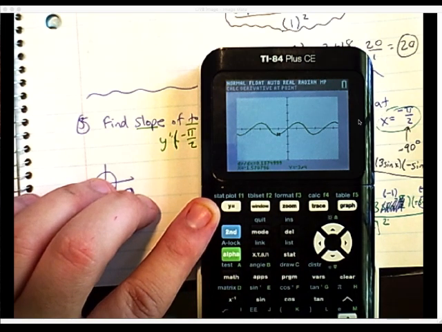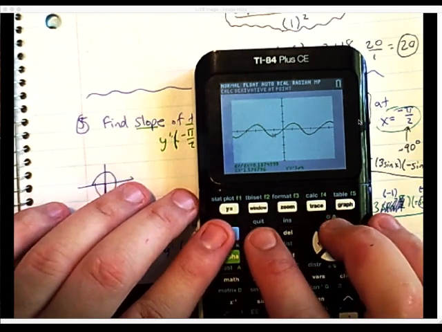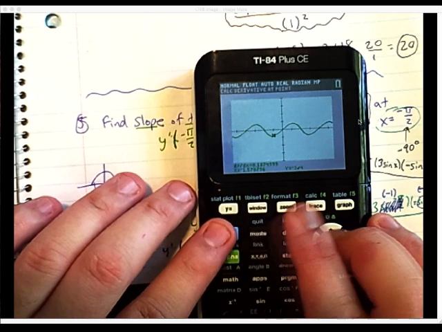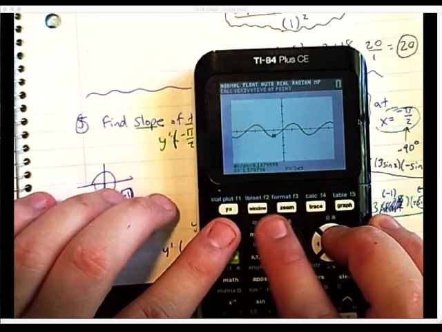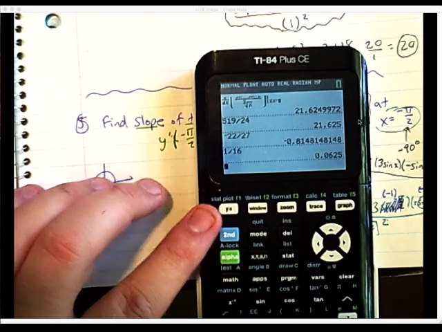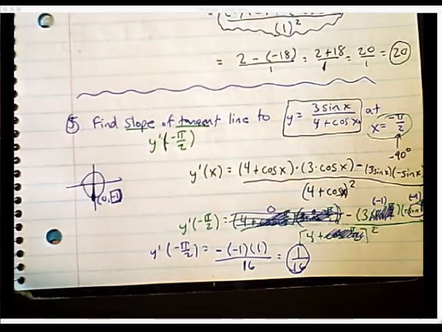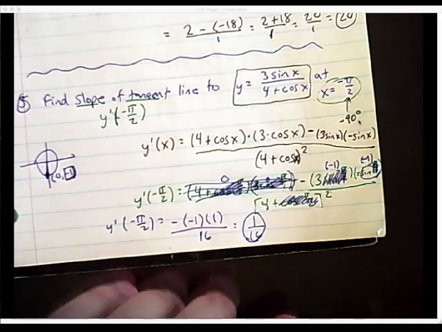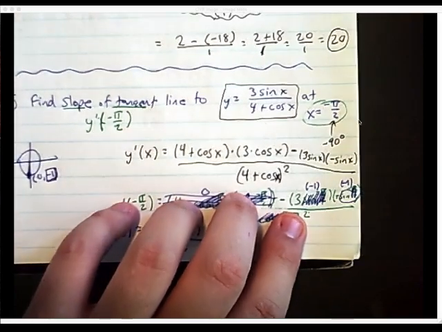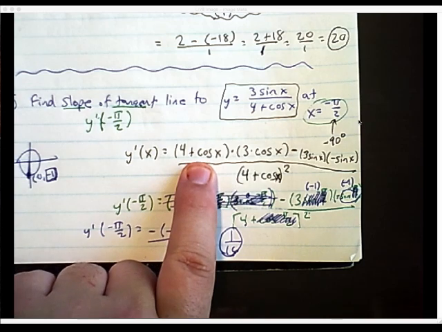It's telling me that it's 0.187. I think the answer is 1 over 16. So I probably made a mistake somewhere, so I gotta find it. That's okay, people make mistakes. Let's just make sure. Let's kind of go back. You might have seen my mistake when I was making it. So low,